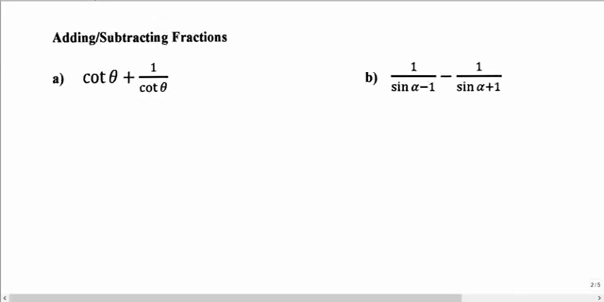Very similar to what we would have done in algebra. Anytime that we add or subtract fractions, we have to have a lowest common denominator. So we need these to